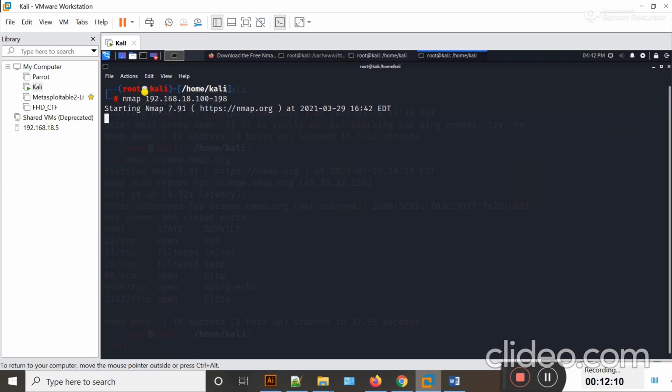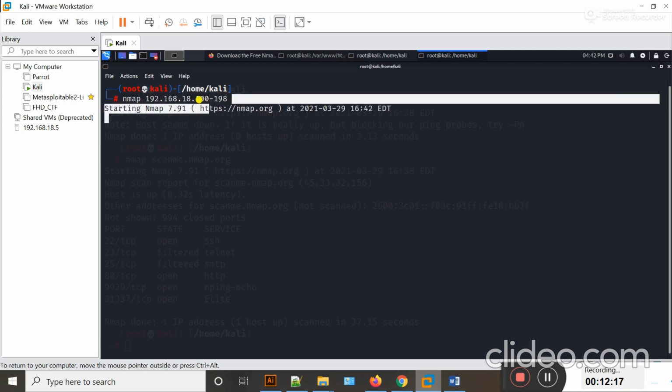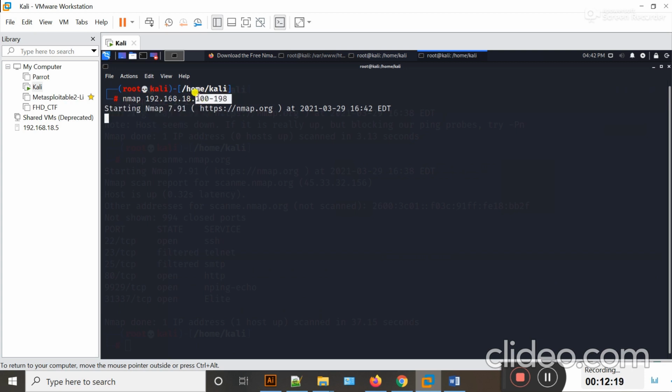Guys, it means that all the IP addresses in the range between these will be scanned. You can scan a range of IP addresses by using this sign. It will also take some time in order to show the scan result. For that I have to wait.